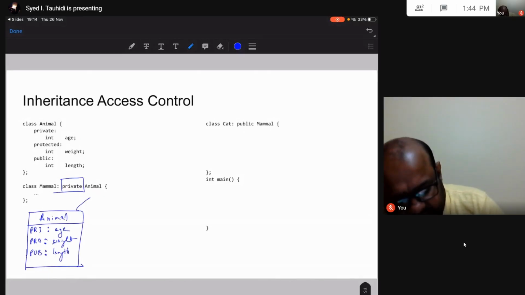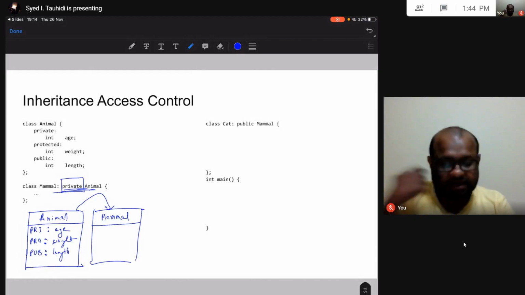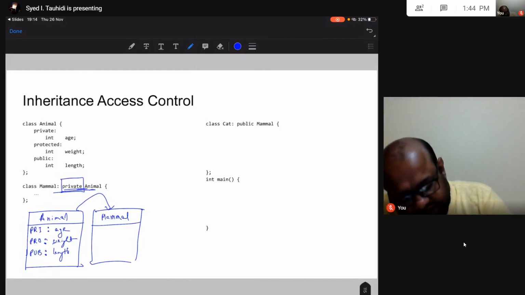Then I inherit from this class into my new class, which is mammal, and this is a private type of inheritance. So this is private inheritance. I did this inheritance, so I am going to get this age, this weight, and this length.